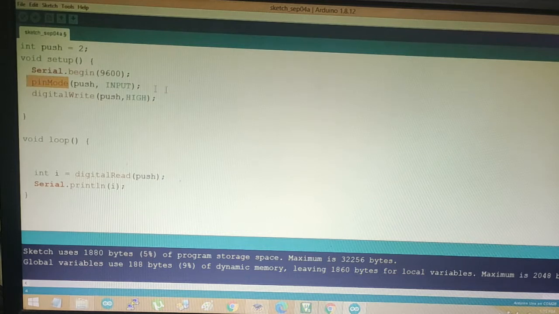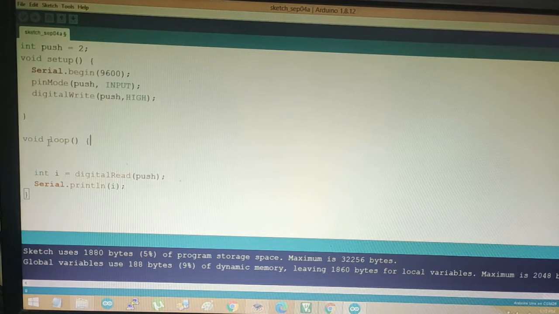As we are going to read the status of the switch, either logic 0 or 1, we set pin number 2 of the Arduino Uno in input mode. Then I am making that pin number 2 high. By default it will be high. You will understand when I explain the circuitry.